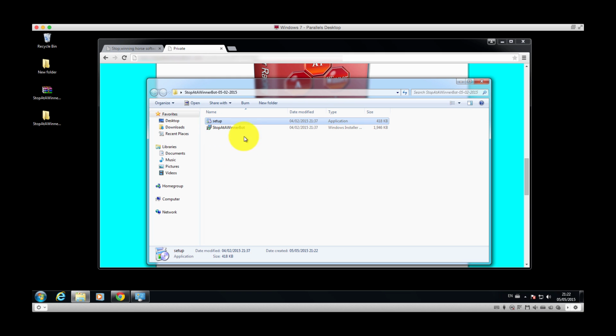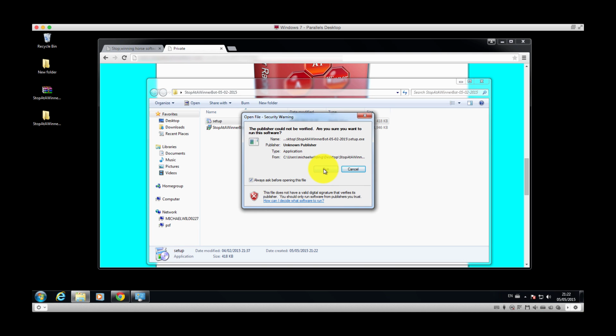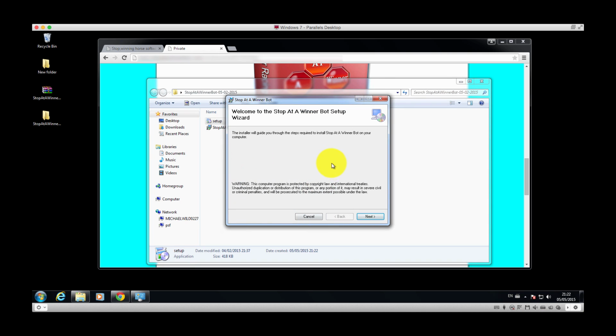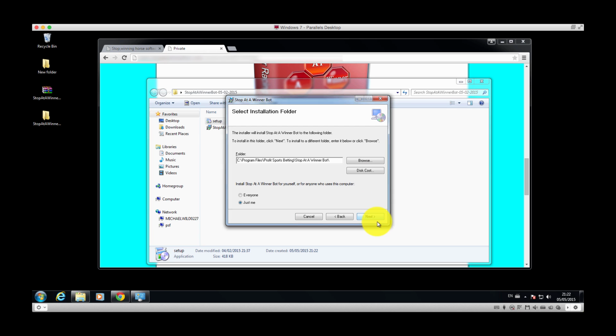We actually want to run the setup, not the bot file, so we double click on the setup and hit run. We get this guide to install, and we can choose where we want to install the software. You can browse if you want to choose somewhere else. Choose whether all the users on the machine can access it or just your user. Press next,